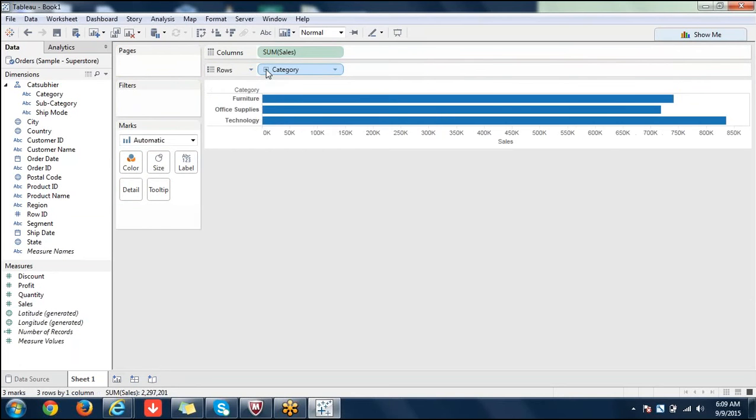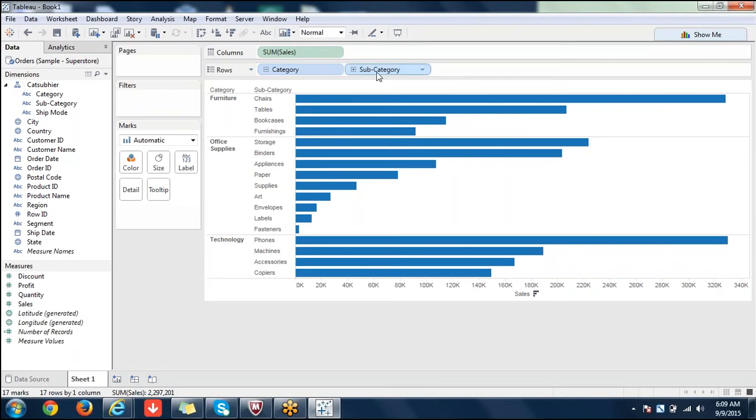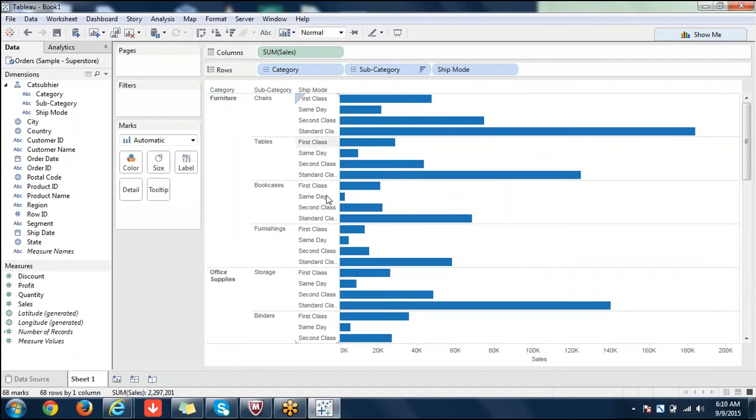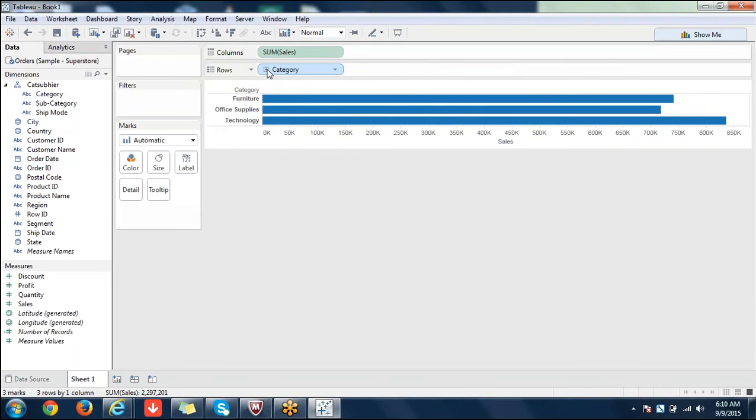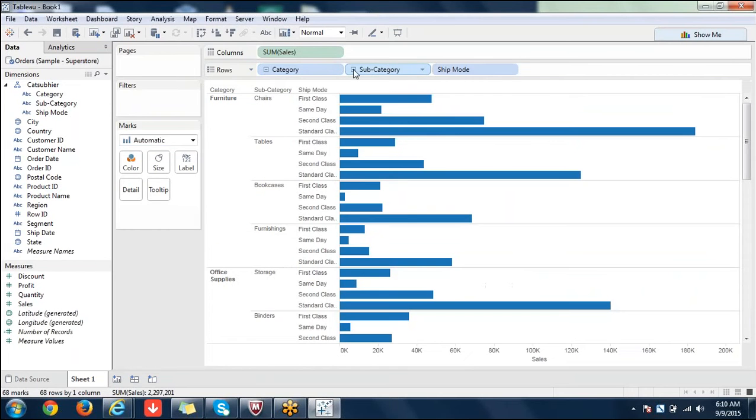Now if you pull on category here, you see subcategory is part of category. For each category, for each subcategory, and for each ship mode. Ship mode actually should be before subcategory in the hierarchy level, because for each ship mode there will be different subcategories again, as you are seeing here. It's repeating for each thing. But still, if you do it this way, it will not throw an error, and it will allow you to drill down and drill up. Nothing wrong in it, but if it relates, that's good. So this is how you create dynamic hierarchies.